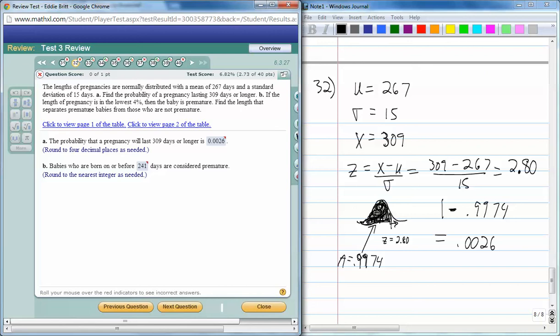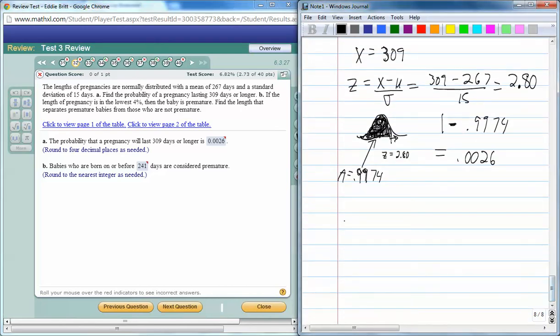Find the length that separates premature babies from those who are not premature. So we have all these births, we have all the data, how long it took. All of it's under our bell curve. We want to know the value that separates the bottom 4% from the top 96%, because that's going to be the place where pregnancies are considered to be premature, according to this. So if we know that bottom is 4% of the total,